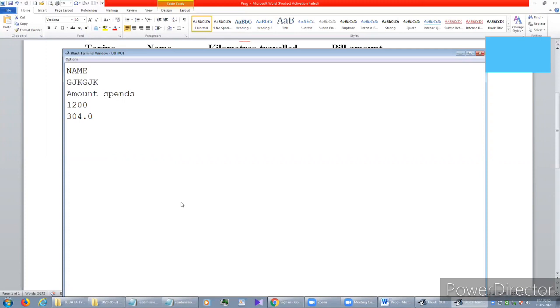Why? For the first 1,000 he gets 100 rupees, for the next 2,000, that means 200 in the next slab, so 100 plus 200 and 2% of the amount exceeding 1,000.